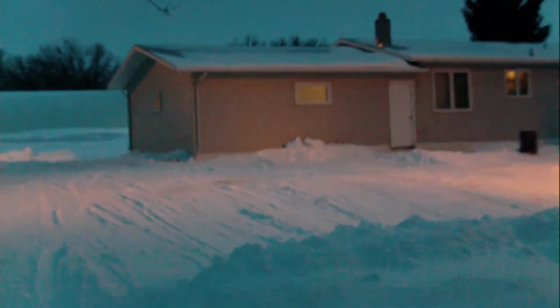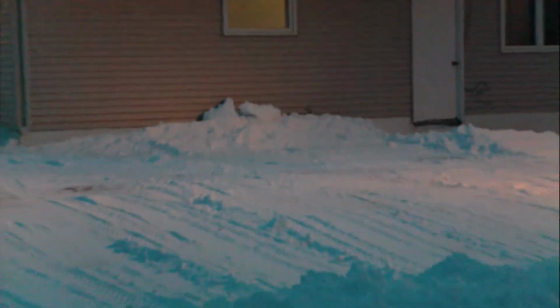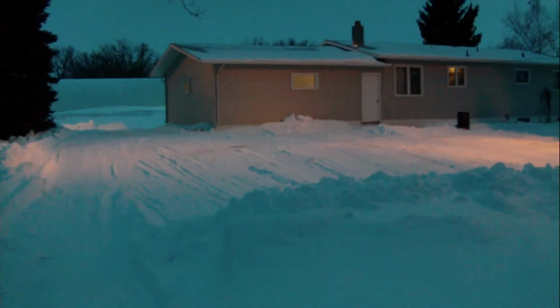But yeah, so we actually managed to plow everything out. It actually went okay. A couple of times I dug in, but it wasn't too bad. We should be okay, I think. So yeah. I even plowed a little bit of snow up against the house, but it doesn't really matter anyway. It should be fine there. Come spring, I'll remove it, of course, but for now, I can stay. Should keep the garage a little warmer, right? Not by much, but...